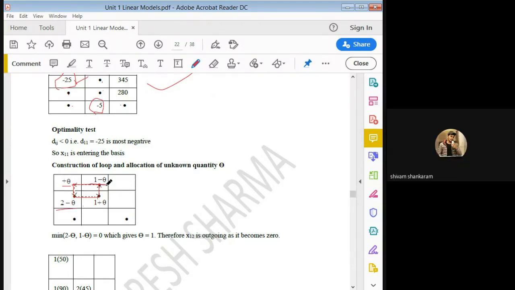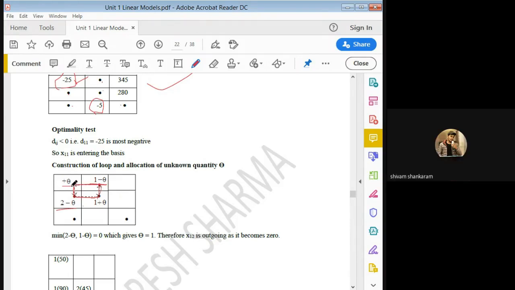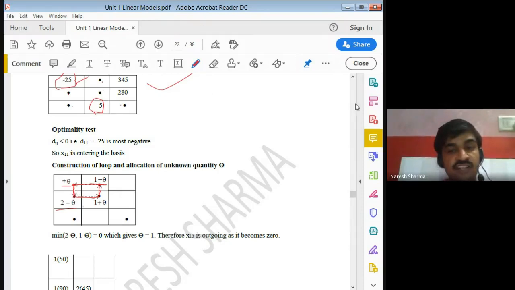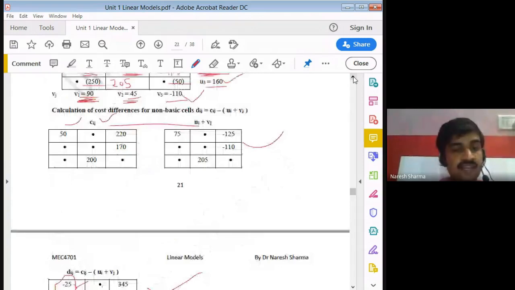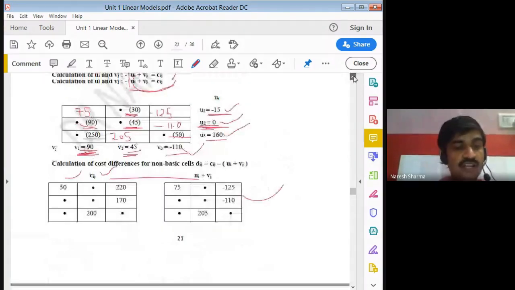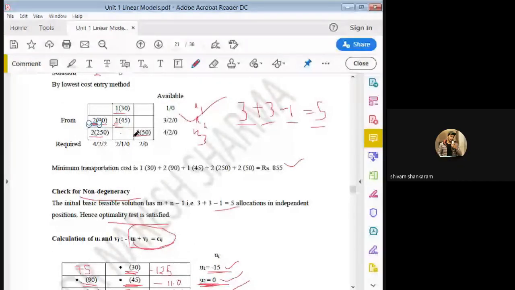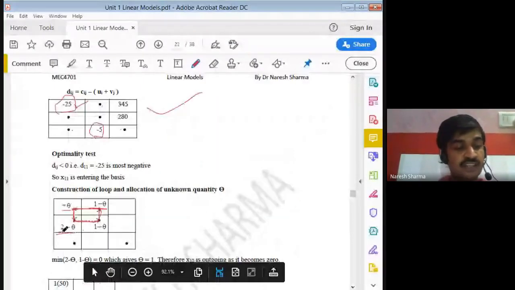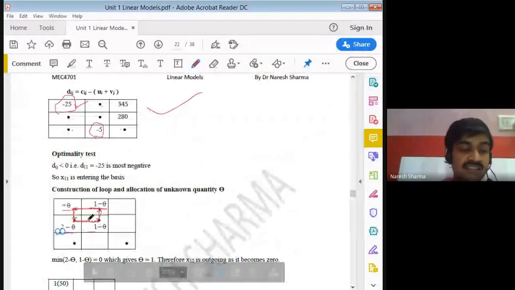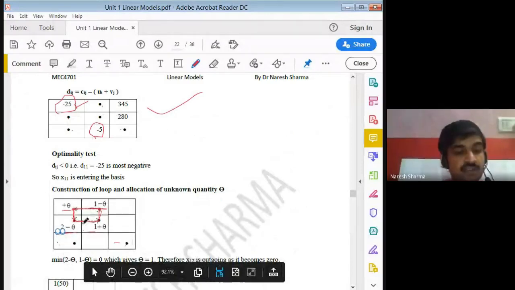Sir, I have one doubt. I did not understand the theta part, this 1 minus theta, 2 minus theta, and where did it come from? We start from this. When you make the closed path, at these points we have already allocation there. As per a solution, we have the allocation here, these points, by this method. The allocation is 2, 1, 1, 2, 2. This is already present, right? Okay sir, understood. It is already present. 2 is already allocated here, 1 is already allocated, 1 is already allocated. Here also allocation is there, but these are not in our closed path, so that's why we do not write here. You may write it, no problem. So we start with theta.